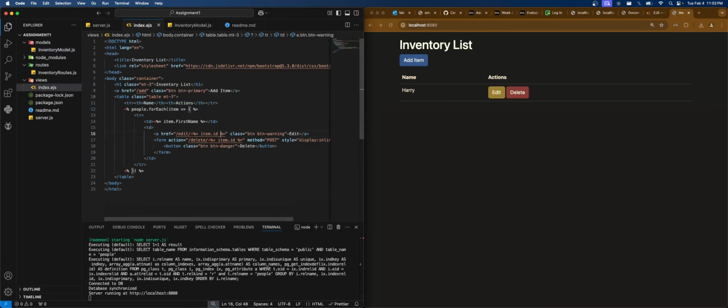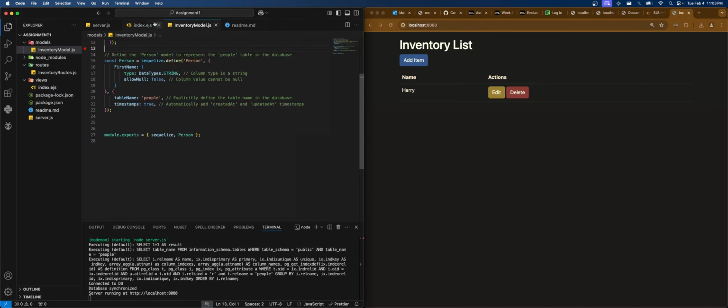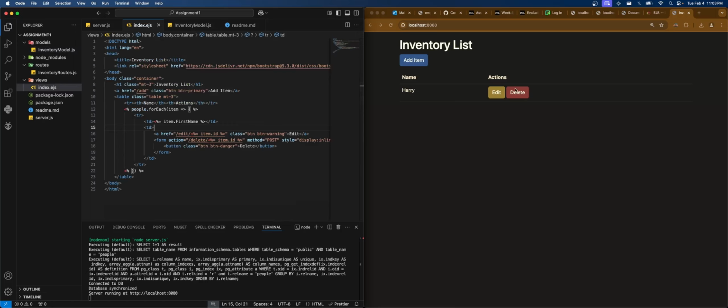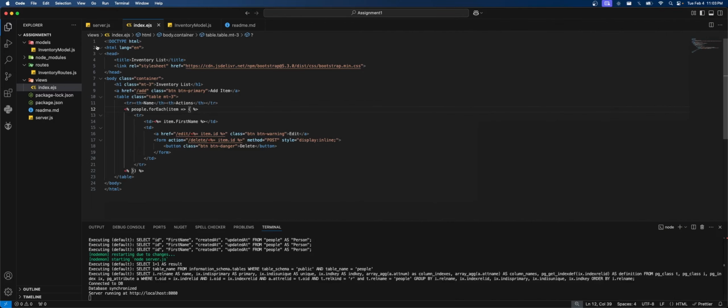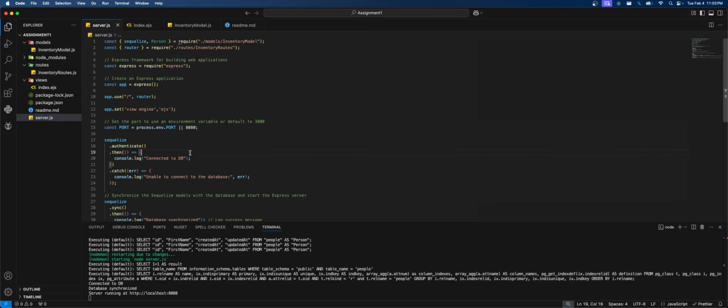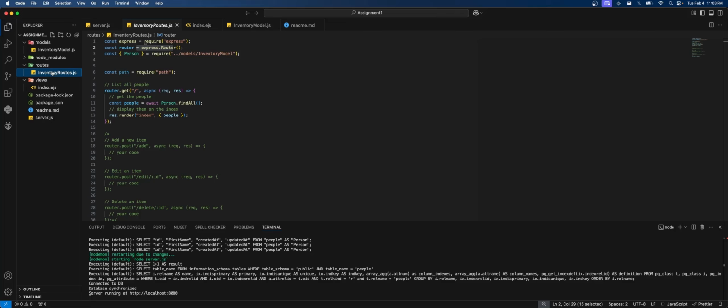It's not rocket science. So this would get you to almost the inventory list, but we still have to make add, edit, and delete, right? Right now, as part of the CRUD operations, this is read. So create would be add, update is edit, and then delete, and then this one is read. So in order to do the rest, I'm not going to show you them all because now I've done, I don't know, 50% of the assignment for you, kind of. But just to show you at least the way to